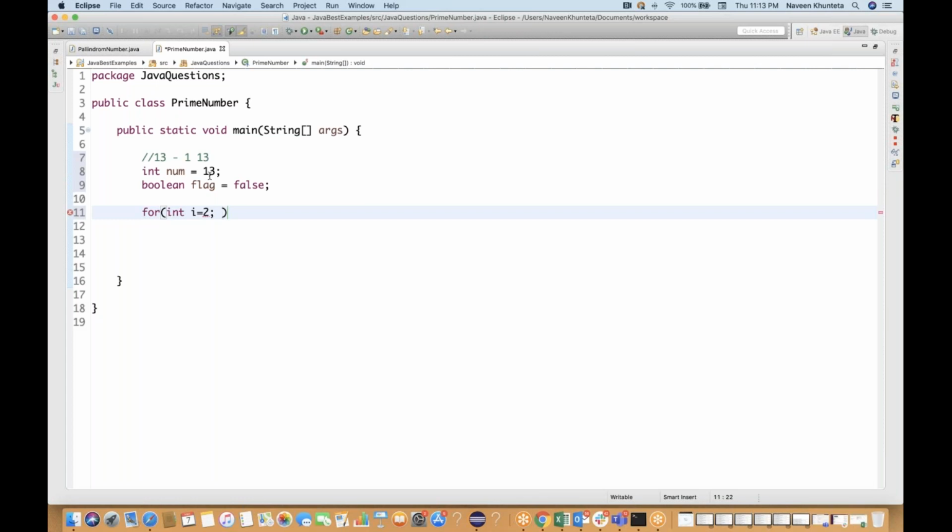I should not start with 1. 1 is not a prime number. So 1 we don't compare with the prime number. So 2 is the lowest prime number that we have to start with. If someone asks you what the lowest prime number is, 2 is the lowest prime number in positive integers. So I simply say i is equal to 2, and I'll write i less than or equal